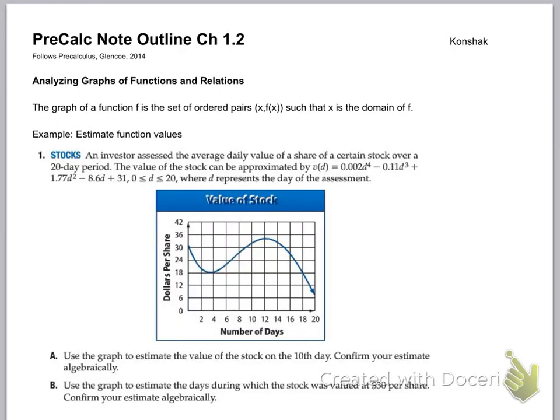This is precalc 1.2. This is on analyzing graphs and functions and relations. So the first thing you should understand here is that a graph of a function, we call it f if you want, is just a set of ordered pairs. That makes sense. Okay, a graph is just a bunch of points connected together, right? But what it is that it fulfills the ordered pair that when you put x in, you get a y out. And remember, the y in function notation is f of x. So it's x, comma, f of x. There's a direct correlation between the inputs and the outputs. That's the rule. And that x itself is on the domain of